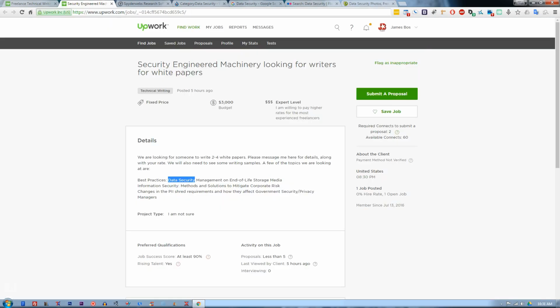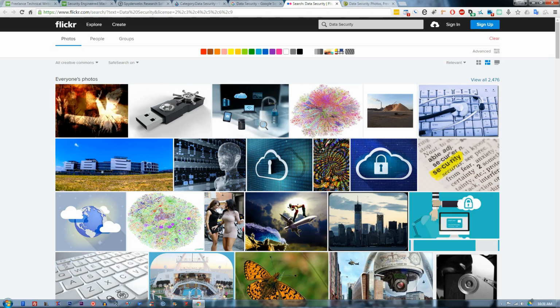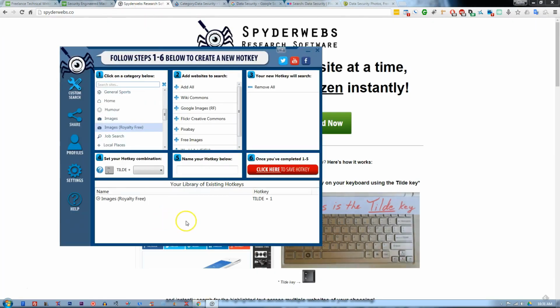So this is a very easy way to do your research once you get your outline. So if I was to apply for this job, they would send me an outline for a white paper on data security. I would immediately be able to source royalty-free images for that white paper rather than individually searching every website at a time. So a really nifty and neat little trick that you'll only find in this course, because